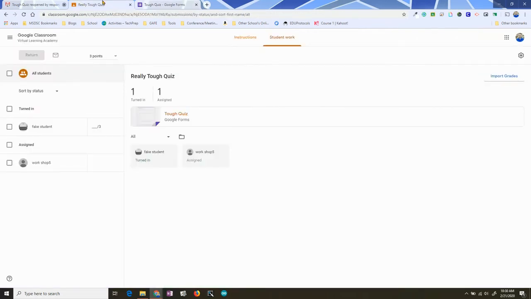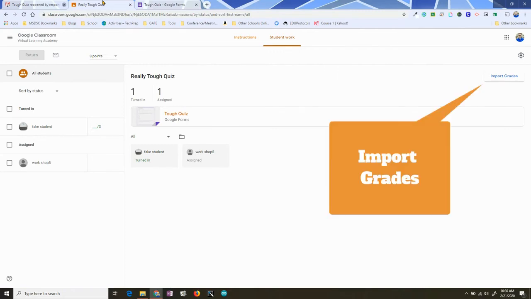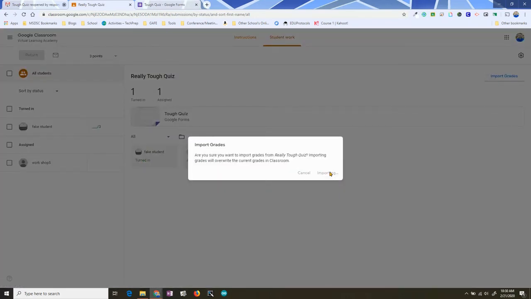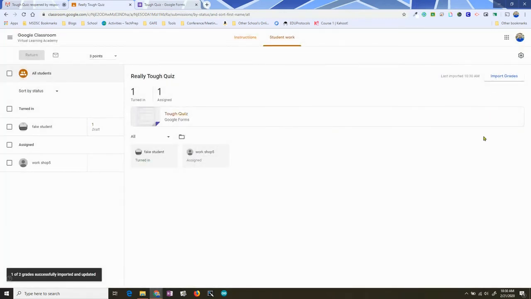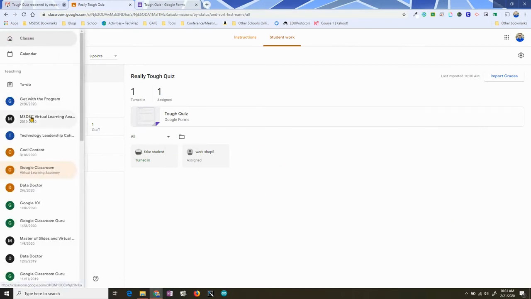I'm going to go back to Google Classroom and show you how this integrates so well. So now this has been done. And when I hit import grades right here, what it's going to do is absorb the grades from my Google form and pull them into Google Classroom. So that way the student knows what their grade is straight from their classroom and separated from me as the teacher. So I can go to my other class here